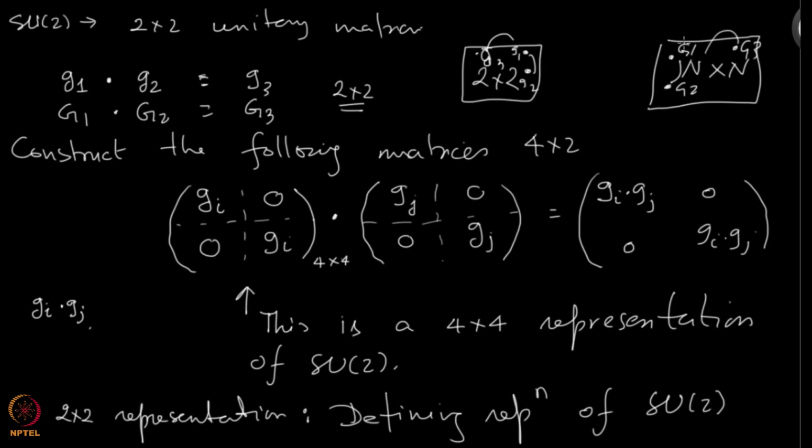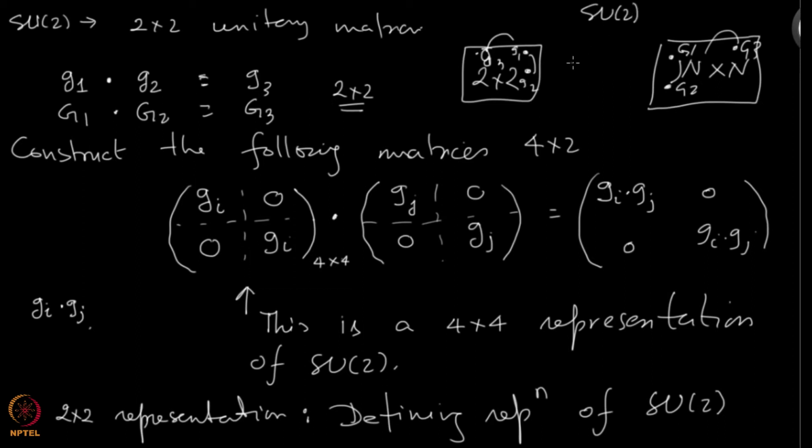will be the same group here, because the group is specified by telling what elements are there and what multiplying one element with another gives you. You don't need to tell exactly how it appears as a matrix, what its matrix form is; that we don't have to specify. Even without that, the group is specified, which means that this would also be another way to represent the same SU2 group, even though the matrices are n cross n, not 2 cross 2, where n could be different from 2, but they are talking about the same object, the same group, SU2.